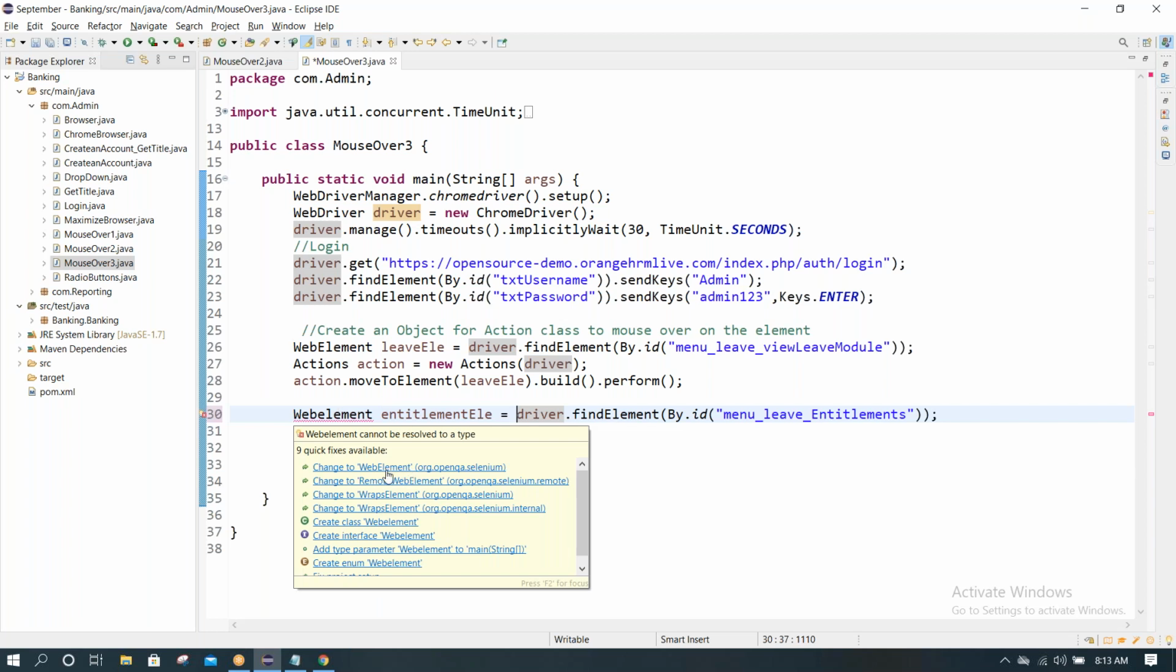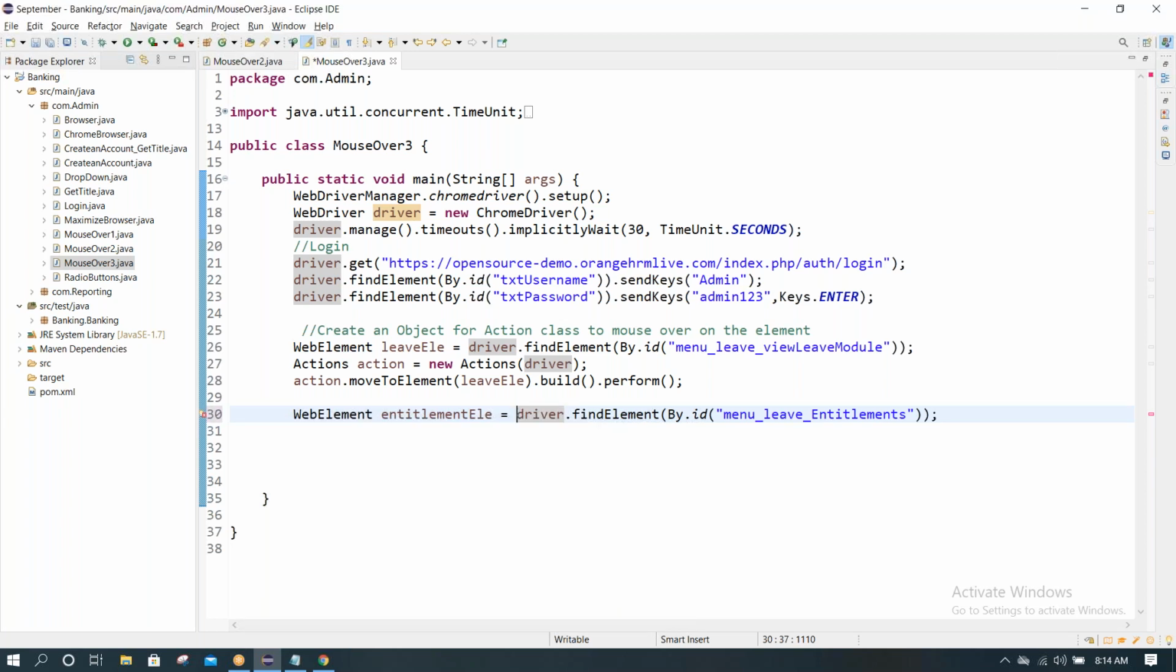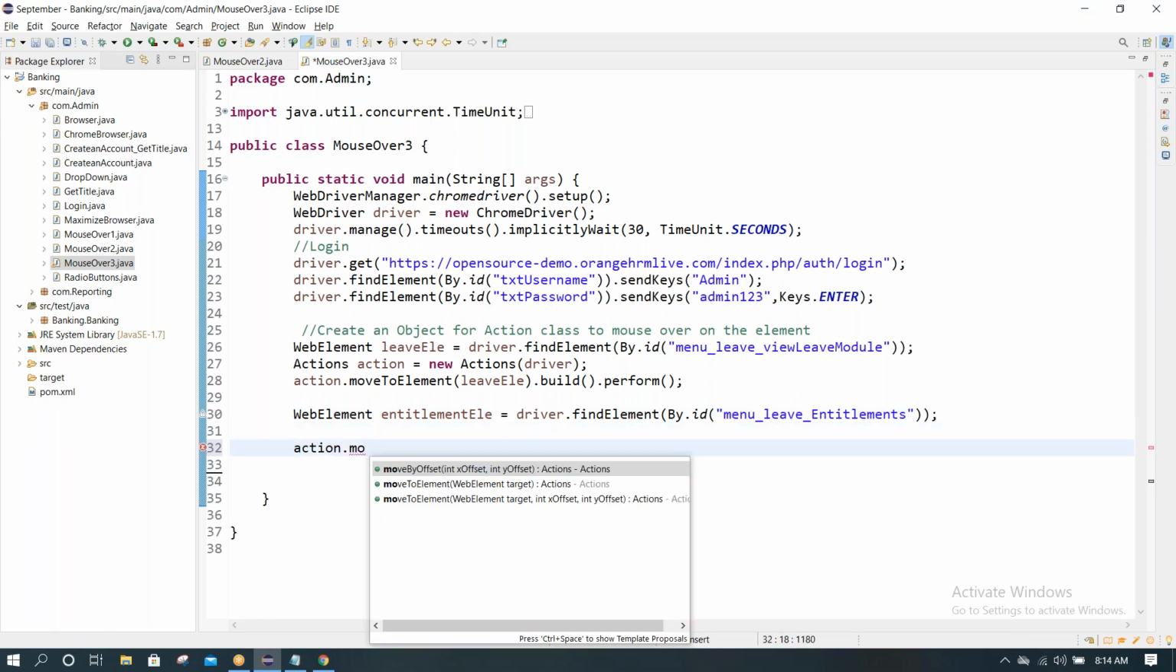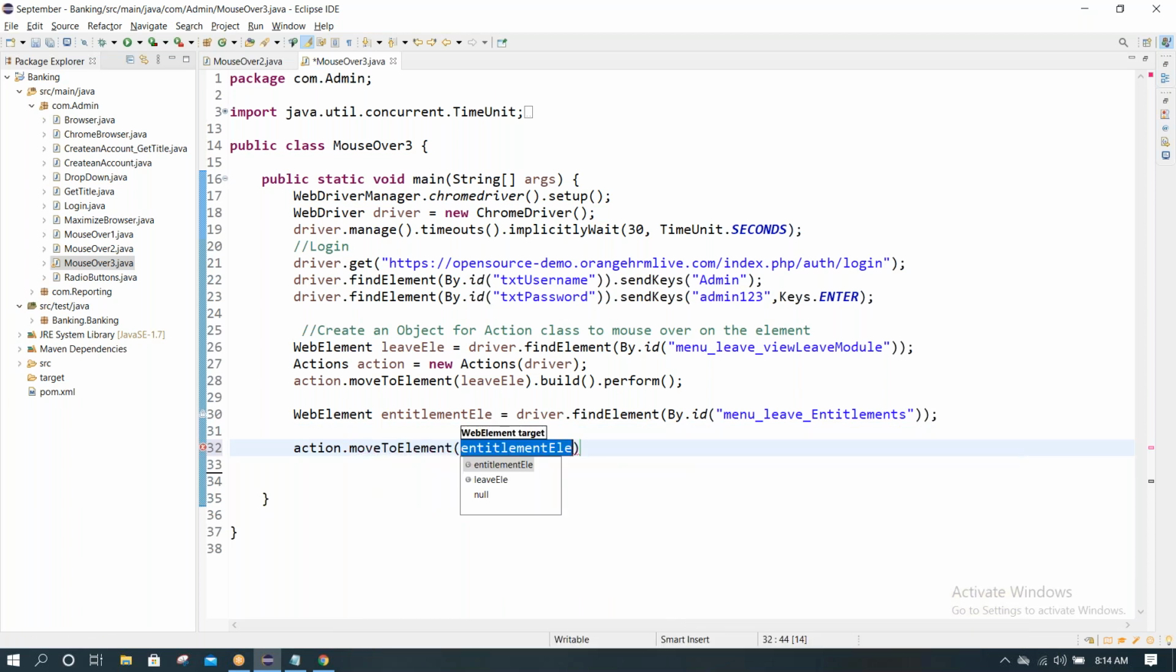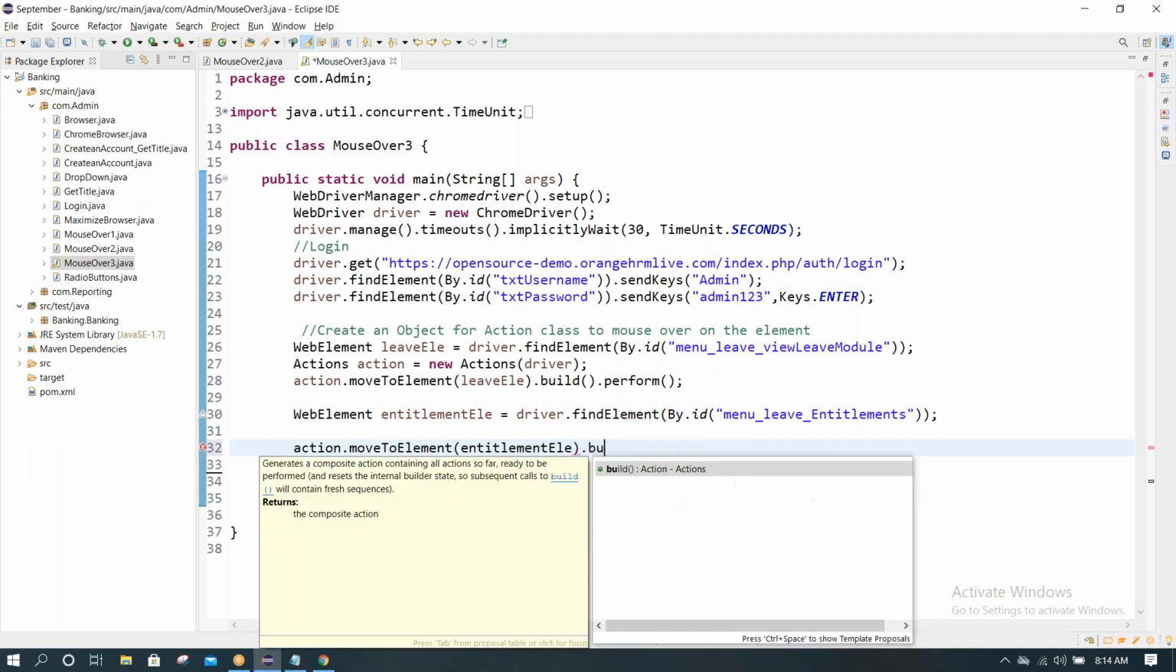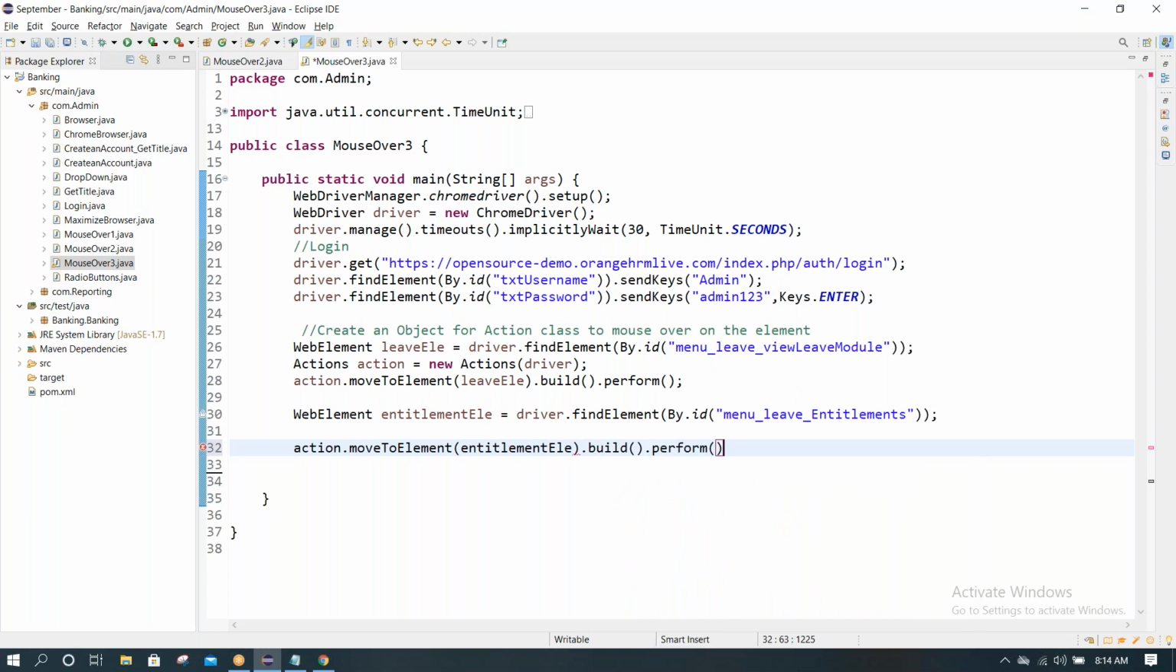WebElement import, change it. As we have written it in lowercase, right? Java is case sensitive. So just change it like this. That's it. Then action.moveToElement(entitleElement).build().perform(),